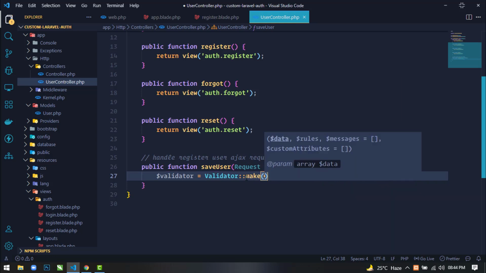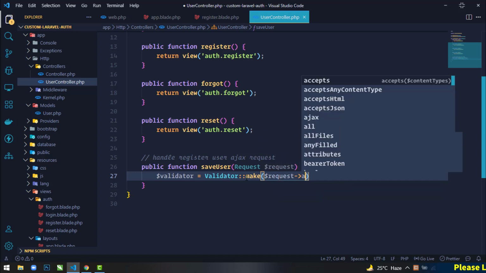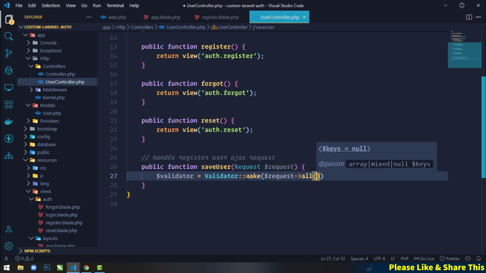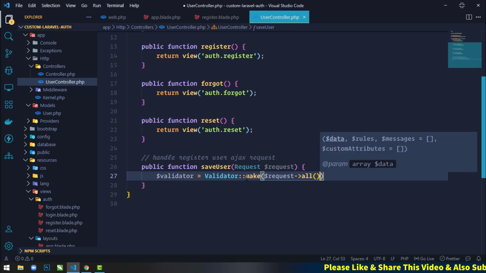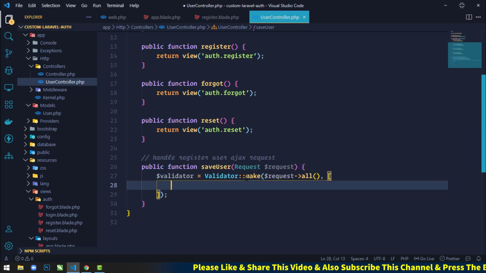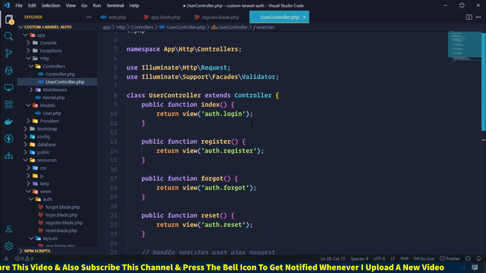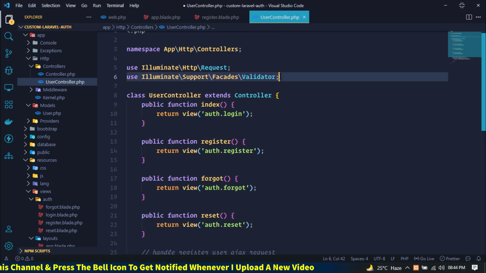Okay, inside make method I will use request all, and here inside this I will set all the rules for input fields. Okay, but before, just make sure you have imported this Validator class.